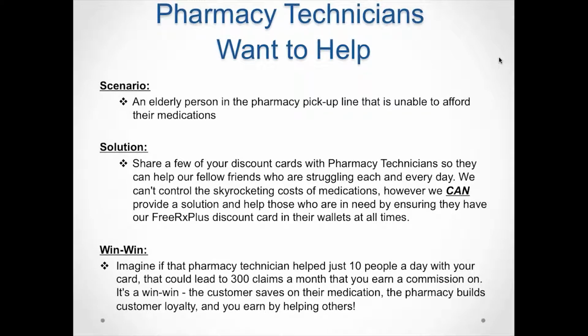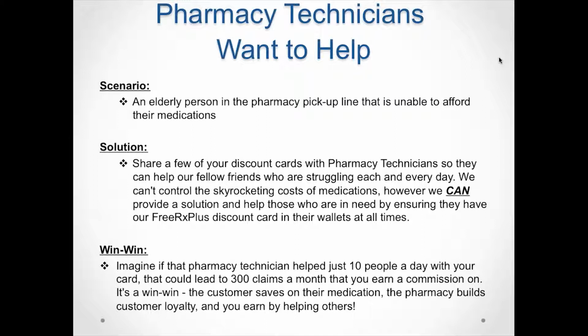Now let's talk about how pharmacy technicians want to help others. We have all been there. You're standing in the line at the pharmacy and there's an elderly person in front of you who is ready to break down crying because they can't afford their medications. They are so upset and keep explaining to the pharmacist that they need their medications for health reasons, but they just don't have enough money to cover their prescription costs. It's heartbreaking as you wait in the line, overhearing how that person is struggling. You want to help them,